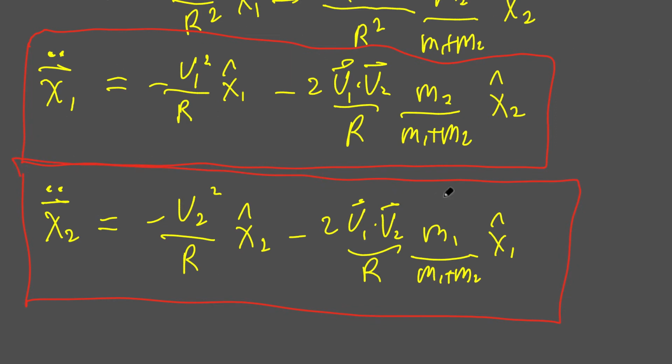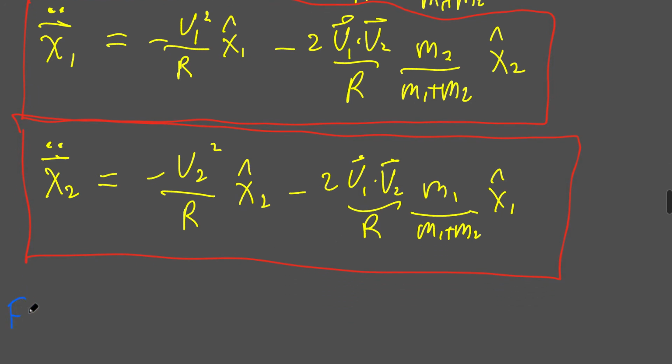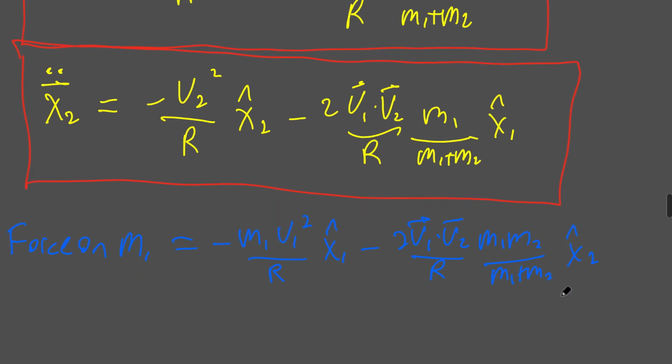Now, of course, this is just the form of Newton's second law. This is the acceleration of mass number 1, and so on the right-hand side we have the force per unit mass on mass number 1. This is the force per unit mass on mass number 2. So explicitly we have the force on m1 is equal to minus m1 v1 squared over capital R in the x1 hat direction, minus 2 v1 dot v2 over R times m1 m2 over m1 plus m2 in the x2 hat direction. And likewise, the force